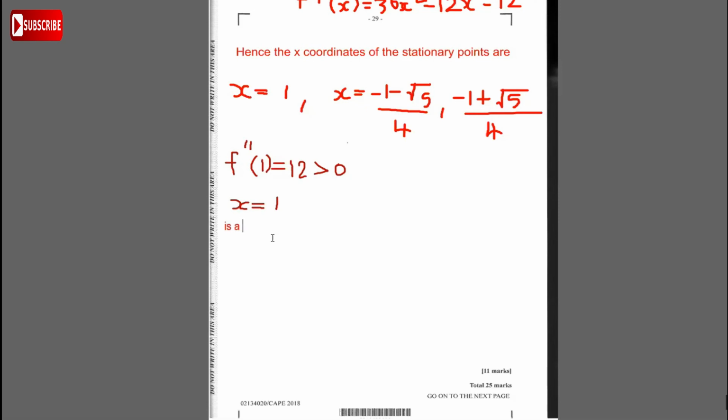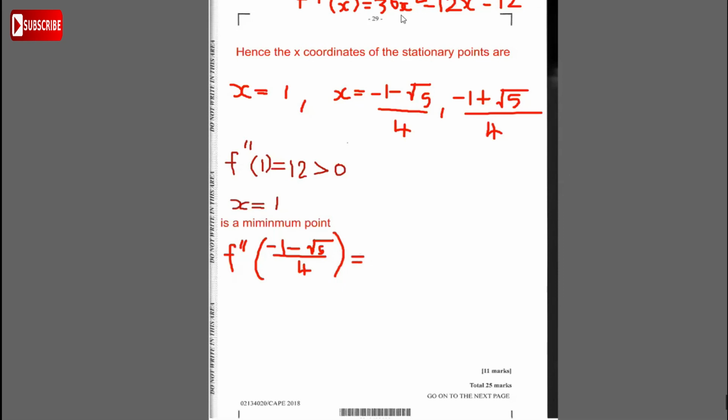So this is a minimum point since the second derivative is greater than 0. Now do the same for here. So when x equals minus 1 minus root 5 over 4, find f double prime of minus 1 minus root 5 over 4, and you're going to get that this is equal to,